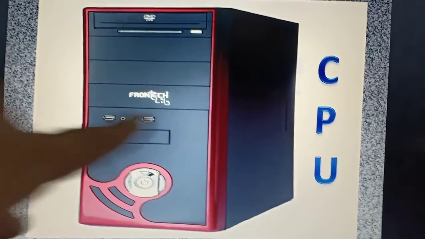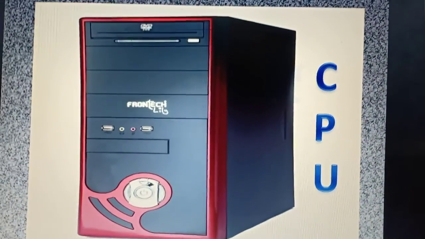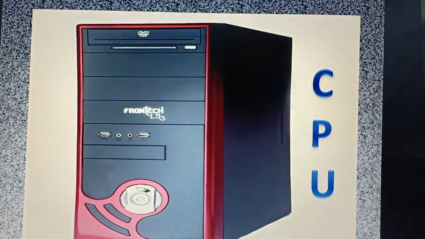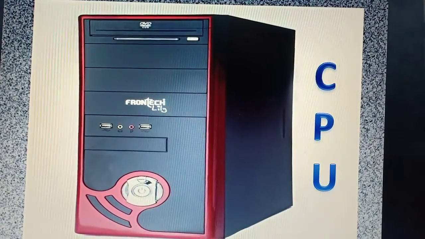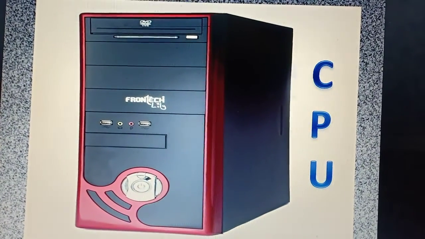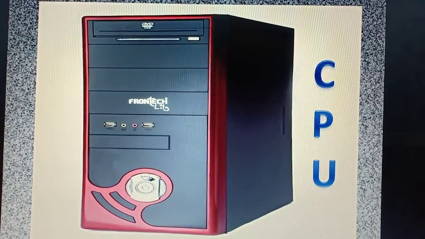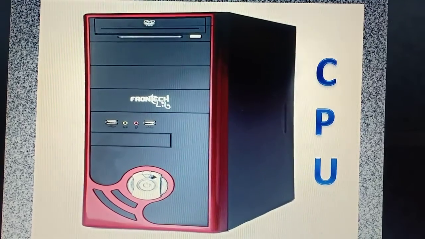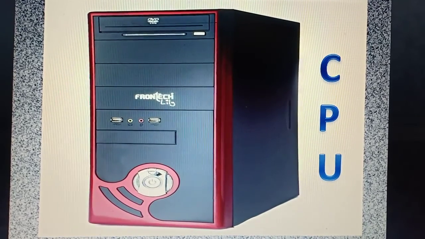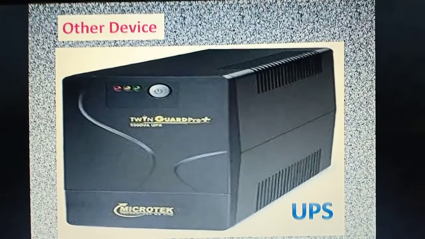So this totally is not a CPU. And this is the system cabinet, means this is a box. Here in this box, this is called system cabinet, a CPU is present. A CPU is like a board or chip. That one is present inside this cabinet box. This is the system cabinet box. So this is the only one processing device of the computer. So this is the most important processing device.